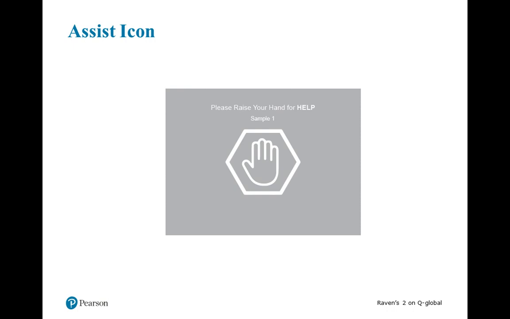During the digital administration, the Assist icon will appear automatically if an examinee selects two incorrect responses for a given sample item. This icon then cues the examinee to raise their hand for assistance, and it cues the examiner to read the expanded directions. The administration will not continue to the next item until the